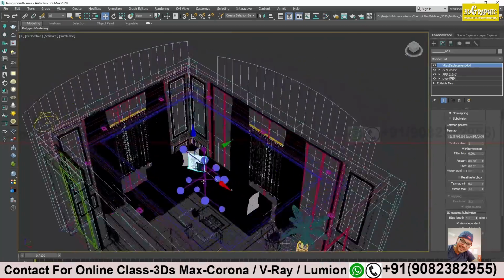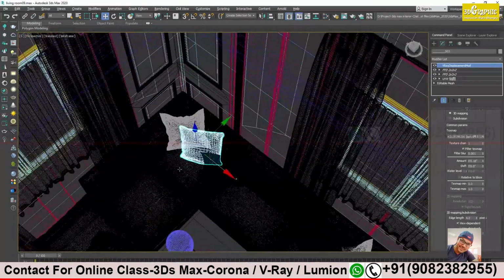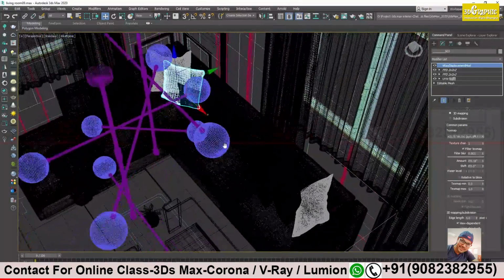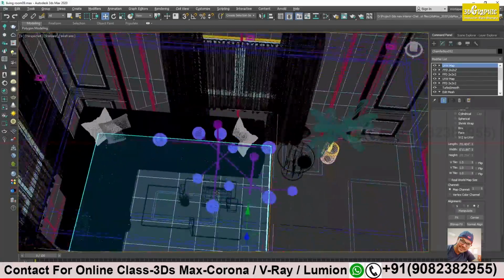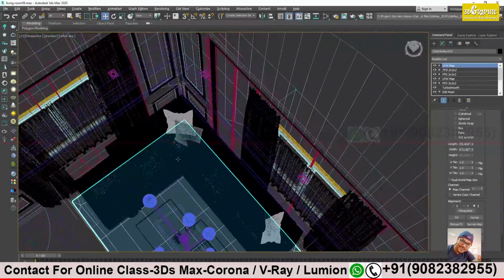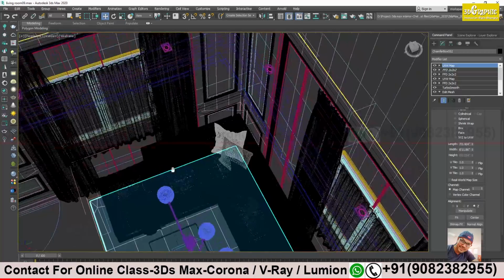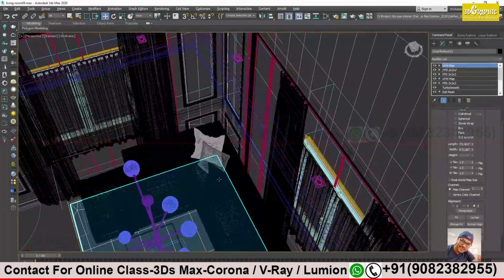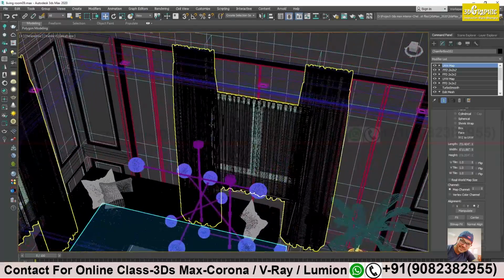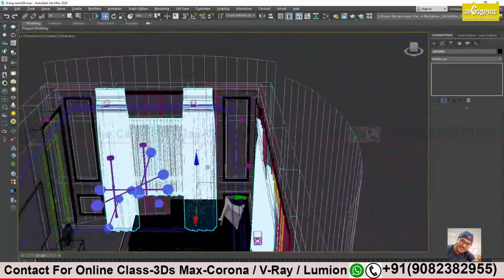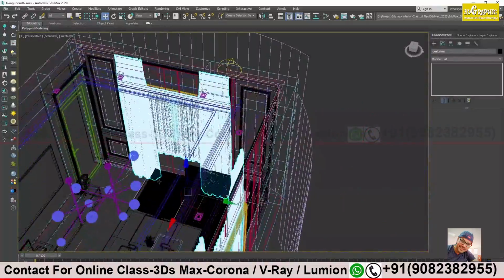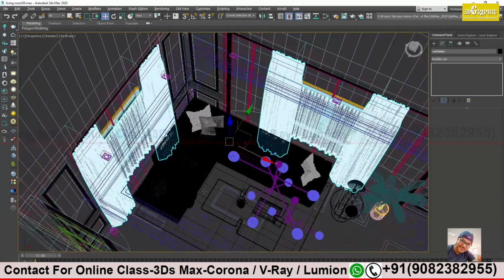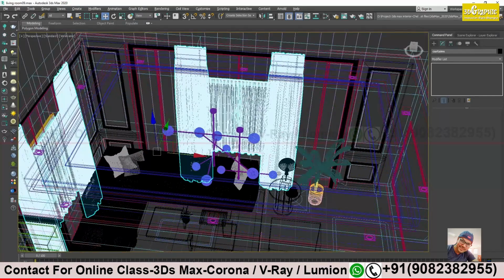Uniform. Acha, now the same thing you will do for all the other cushions over here, the sofa set, and for the rug as well. Rug is already done, no? Already done. You just have to test and then see. It should come proper. And for the sofas, I have to add the stem material. Yes. Now let's do these curtains. Okay. These two fabrics are only left. One is the sofa set and rug, and now curtains.